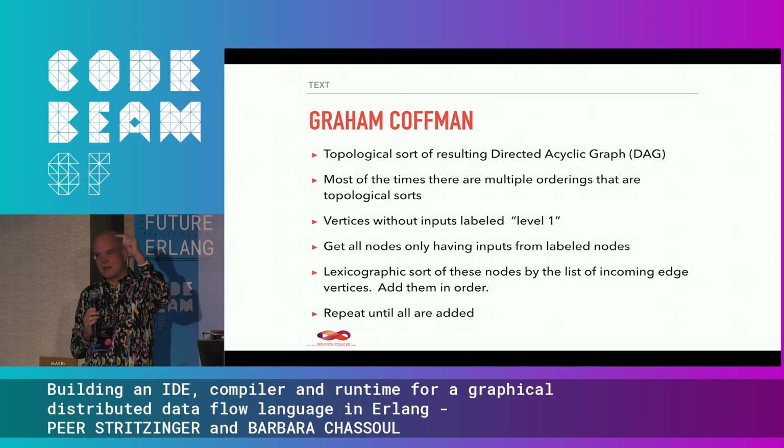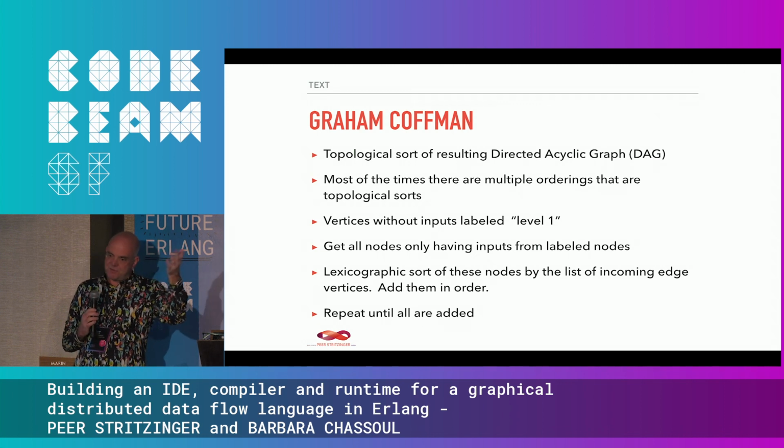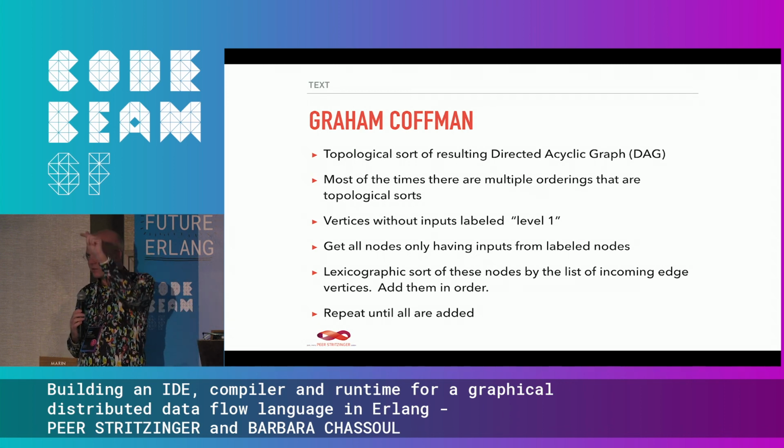And in the order you bring them, you do a lexicographical sort: you put all the weights of all the incoming arrows and sort those, and then do a lexicographical sort of all those arrays, because then you stay close. The closer things stay further up, and then you basically fill it up into columns. And the only parameter that goes in is the number of nodes you can have in a